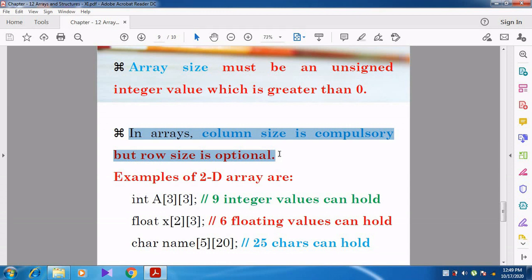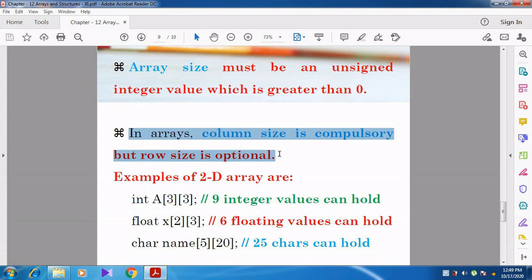Then some students will ask a question: Sir, if the row size is not mentioned, how will the compiler calculate the memory, the number of elements? See, row size is optional because the column size has been mentioned compulsorily.